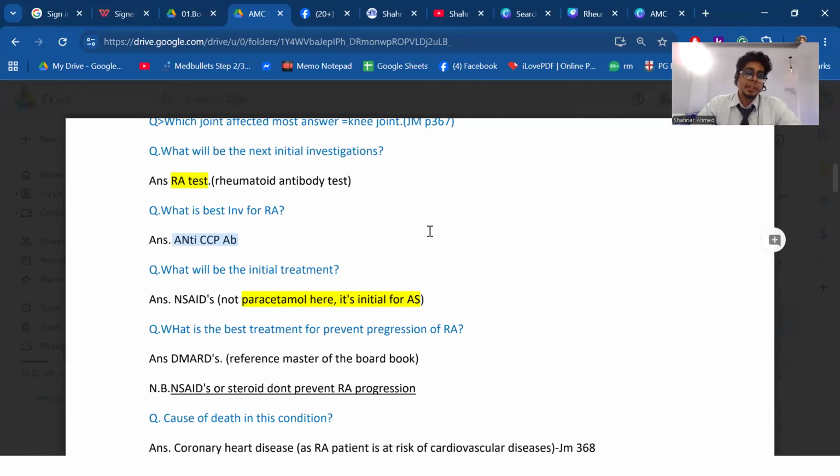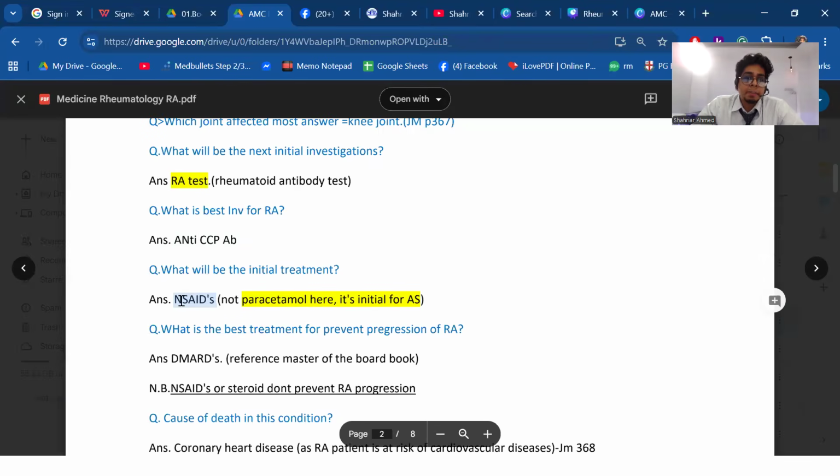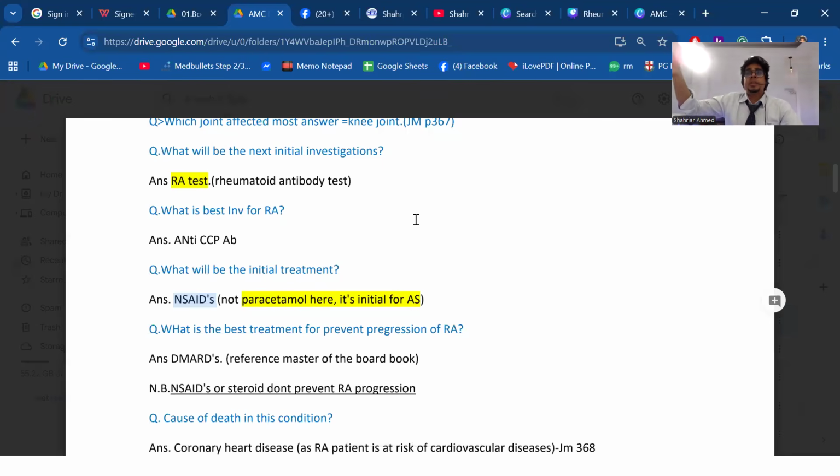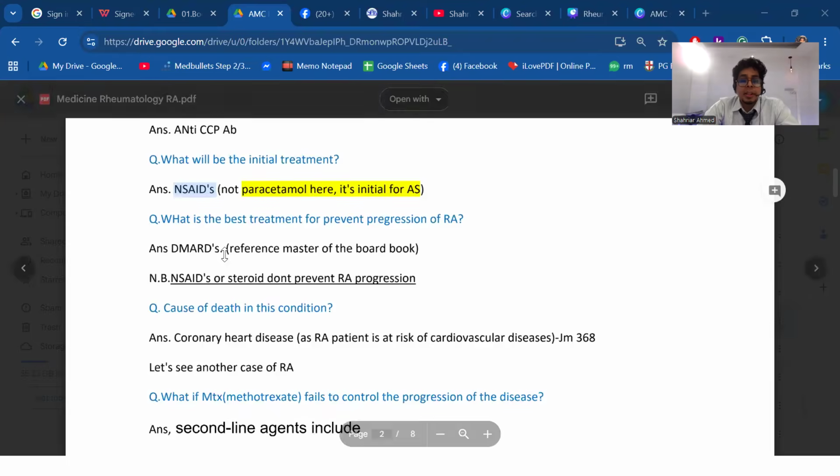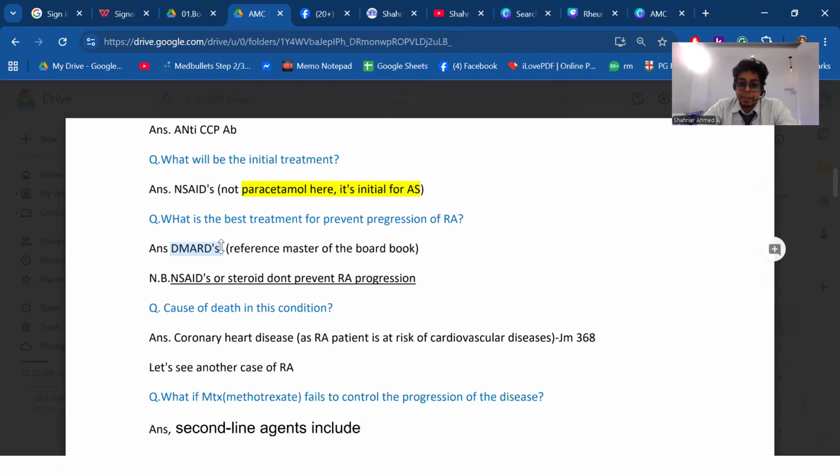We already mentioned the initial treatment. Of course, for rheumatoid arthritis we think more about starting with NSAIDs. Whereas in osteoarthritis cases and ankylosing spondylitis cases, we think more about paracetamol initially. Is it clear, guys? Important information: in osteoarthritis and ankylosing cases, initially we think more about paracetamol, but in this case, we think more about NSAIDs. NSAIDs are sometimes not enough. We need something more, which is the disease-modifying anti-rheumatoid drug, DMARDs.